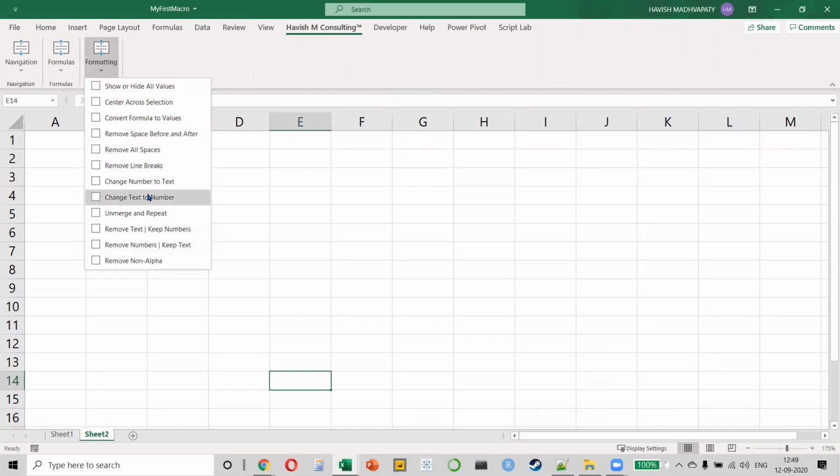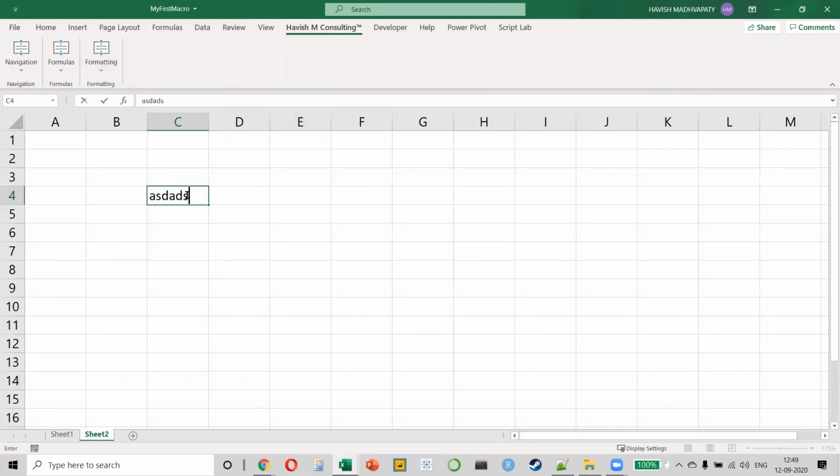Let me show you, just give me a moment. Okay, let's say you have some text like this. How should I show you the example? Just give me a moment. Okay, we can just write it like this.